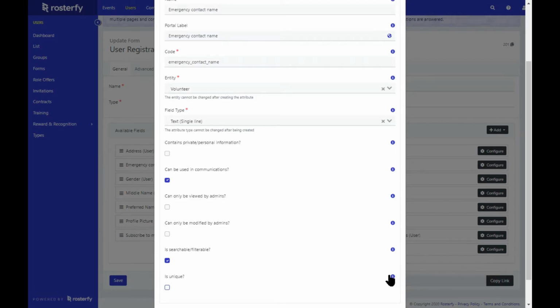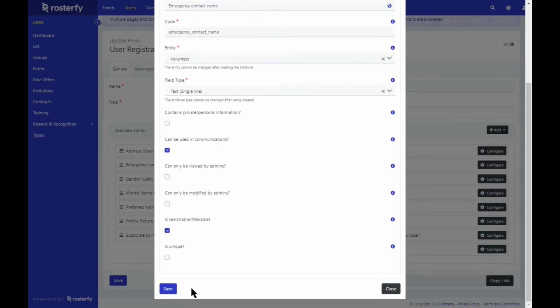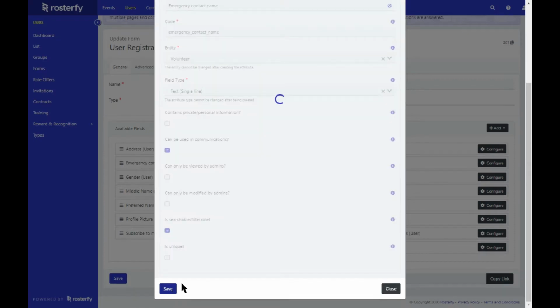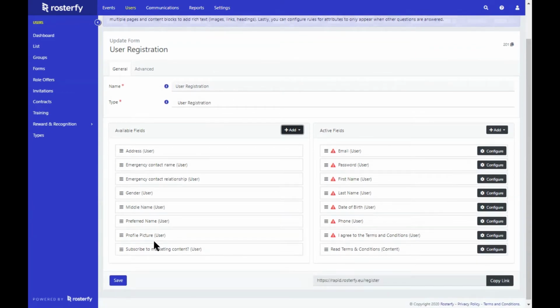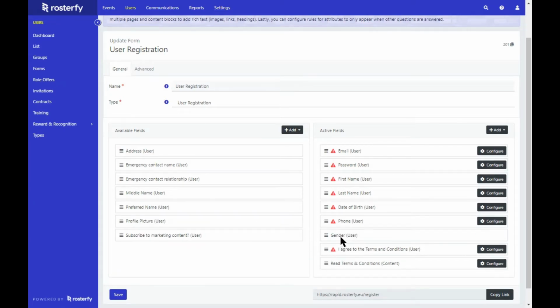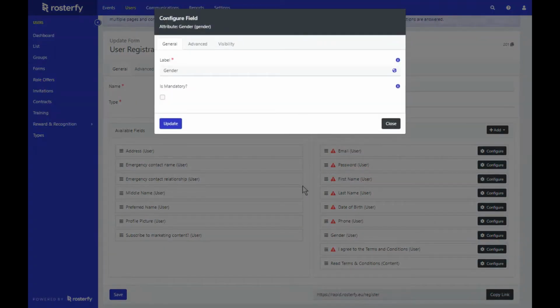Once I've completed the setup, I can then click and drag any of the available options from one side to another. This will now add it to the form so it can be completed. I can then go and configure it so that I can make it required, forcing the user to add it in. I'm just going to do a quick save before continuing, as I've done a bit of work on this section, so I don't want you to lose it.